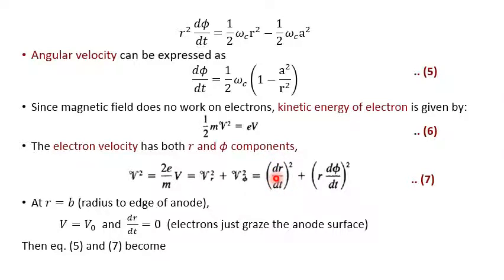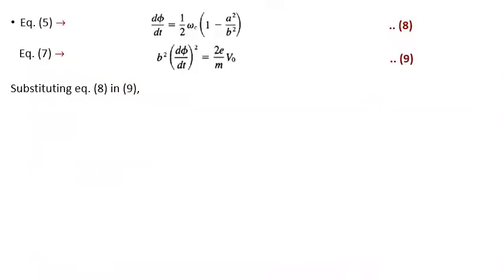So by rewriting equations 5 and 7, we get d phi by dt is equal to 1 by 2 omega c into 1 minus a square by b square, and b square into d phi by dt the whole square is equal to 2e by m into v0. Now when I substitute equation 8 in equation 9, so you substitute for this term d phi by dt,